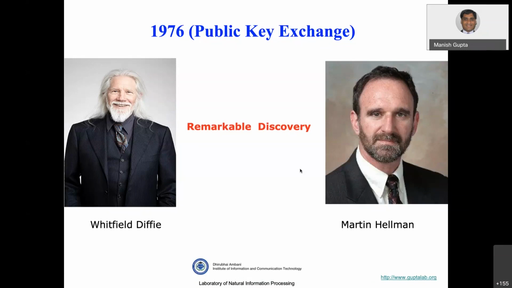Suppose in the class there are two people who want to communicate, right? Normally in the cryptography literature they are called Alice and Bob. Alice can write a letter, put it in a box or maybe a briefcase and lock it, and then send it across a corrupt postal system. Suppose there is a postal system which is very corrupt, and Alice is sending that letter to Bob.